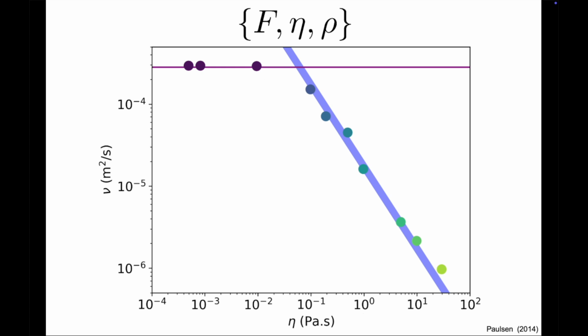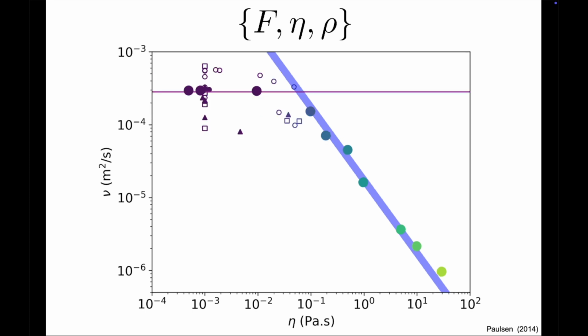Here, we've been able to notice the existence of 2 different regimes, because these experiments all share the same bubble size, and all the fluids have fairly close values of surface tension and density, so the data points all fall on the same 2 trends, since the force is always fairly constant, and the density too. The only parameter that significantly varies from one experiment to another is the viscosity. If we start to vary all parameters, we are going to get a more scattered plot.